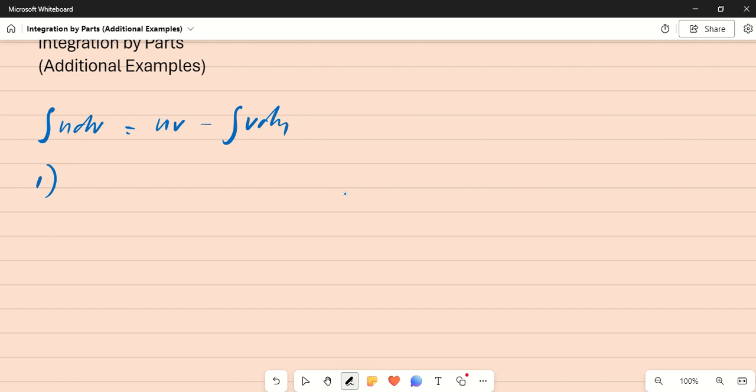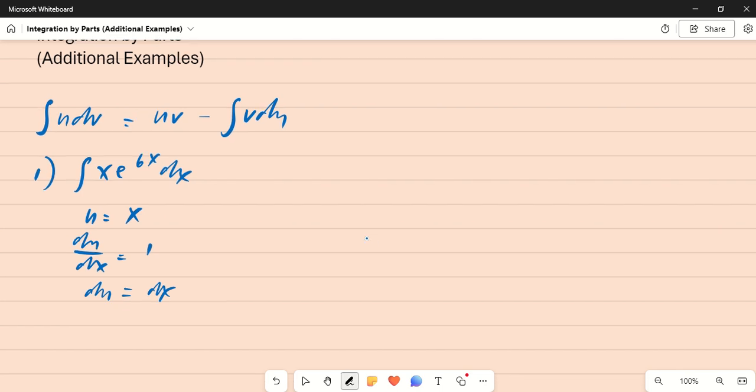Number 1, you have the integral of x e raised to 6x dx. Let u be equal to x. Then we need to get the derivative of u. du over dx is equal to 1. You cross multiply. Therefore, your du is equal to dx. Then the remaining expression is your dv. So here, our dv is equal to e raised to